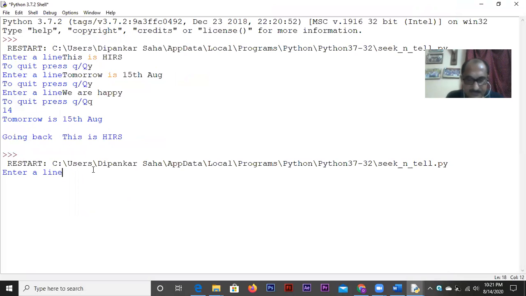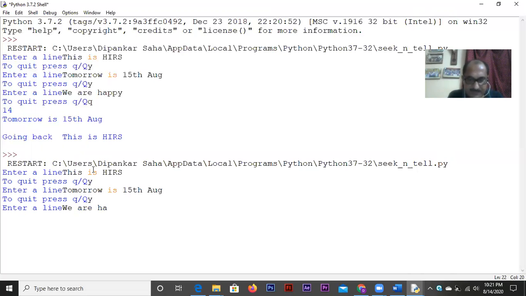So if I give the same value once again, say I wrote this is HIRS, okay, and then again I wrote the same thing. Now watch it carefully.